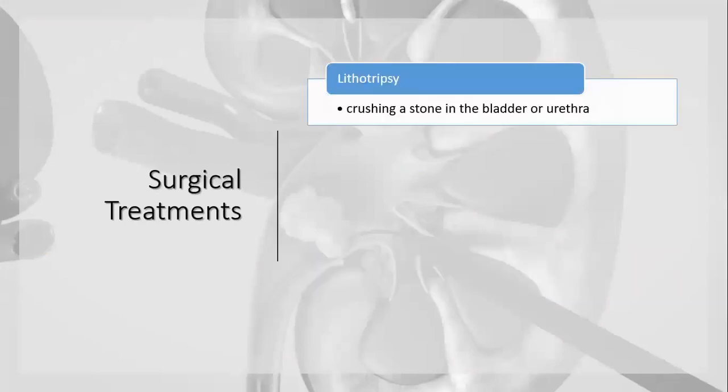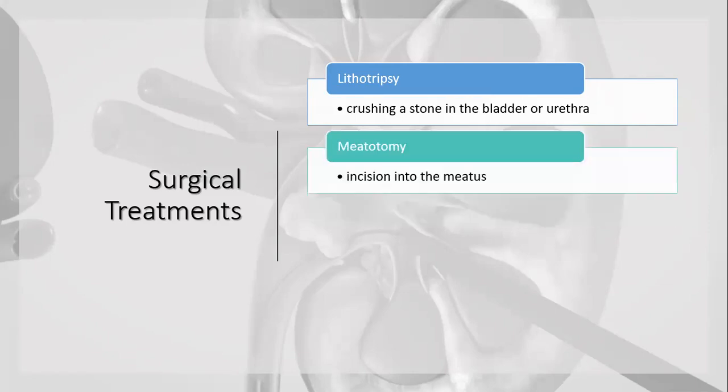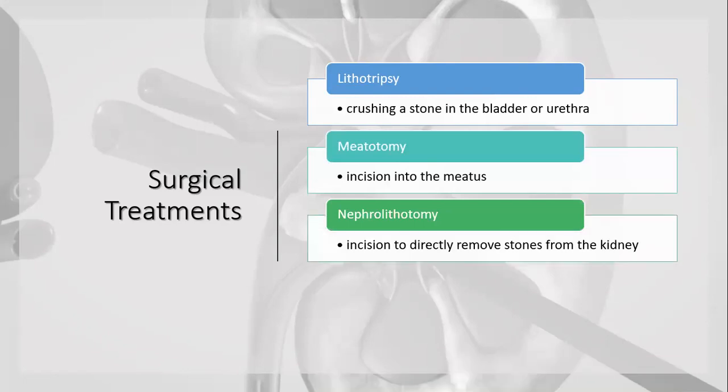Lithotripsy is crushing a stone in the bladder, urethra, or kidney. Meatotomy is an incision into the meatus. Nephrolithotomy is the incision to directly remove a stone from the kidney. Pyelonephrolithotomy is the incision to directly remove a stone from the pelvis and the kidney, also for staghorn stones. It's big stones, like